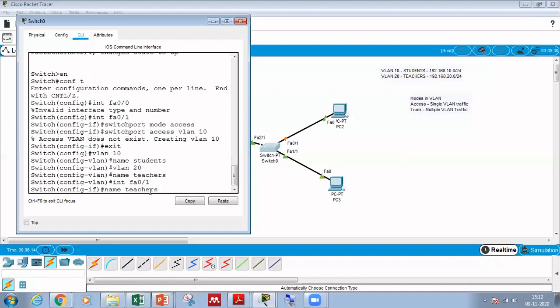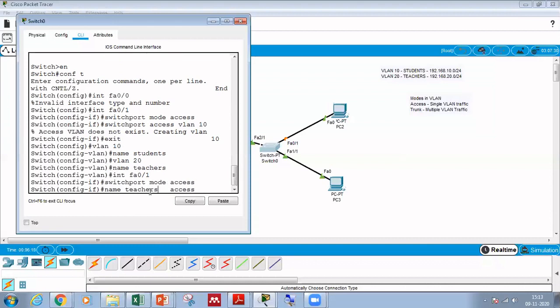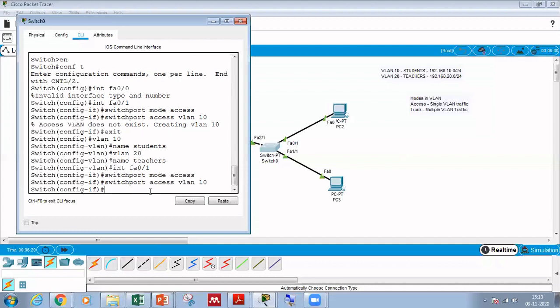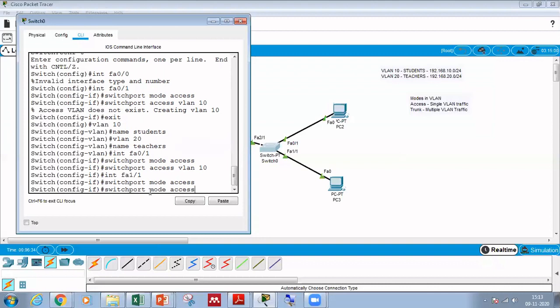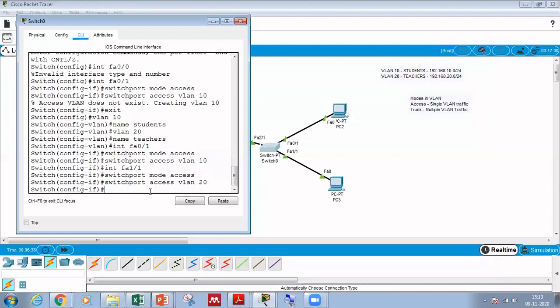Switchport mode access, then switchport access vlan 10. It works. Similarly, interface FA1/1: switchport mode access, switchport access vlan 20. So the configuration on this switch is done.